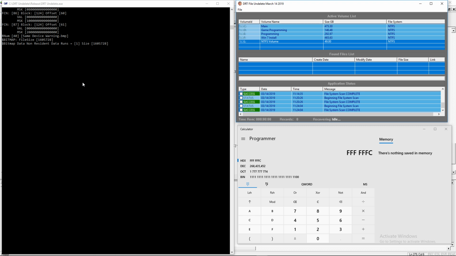Well, it killed the run list. There's no file anymore. It killed the file. So not only is the file not there anymore, but the run list is not there anymore. So even if you wanted to try and recover this file, so what happened is, not only did it change,